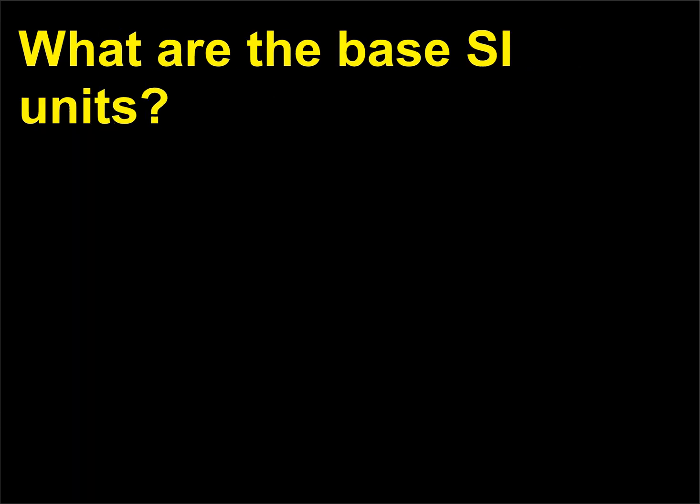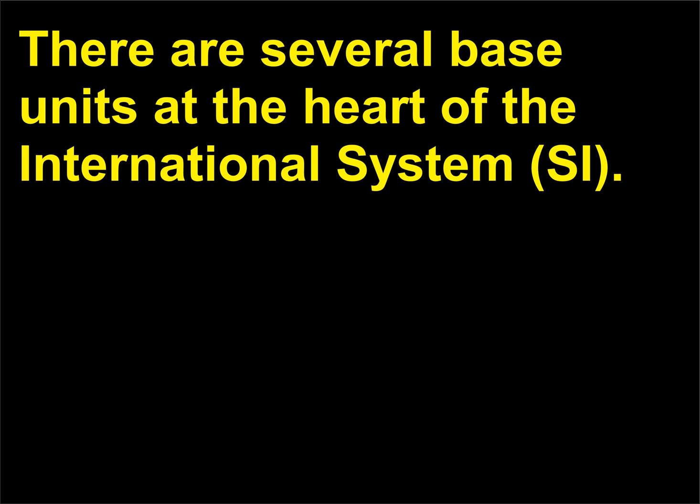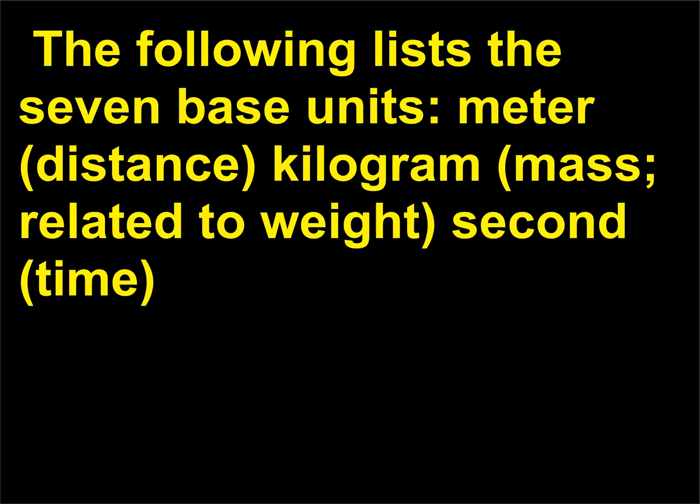What are the base SI units? There are several base units at the heart of the international system, SI. The following lists the 7 base units: meter, distance; kilogram, mass, related to weight; second, time;